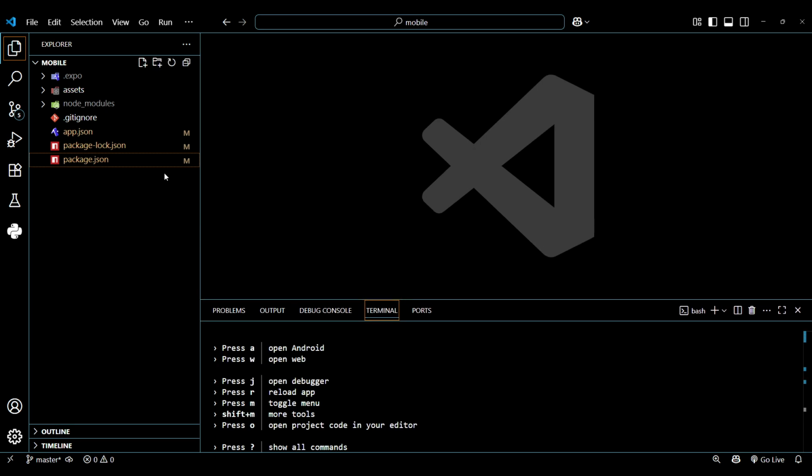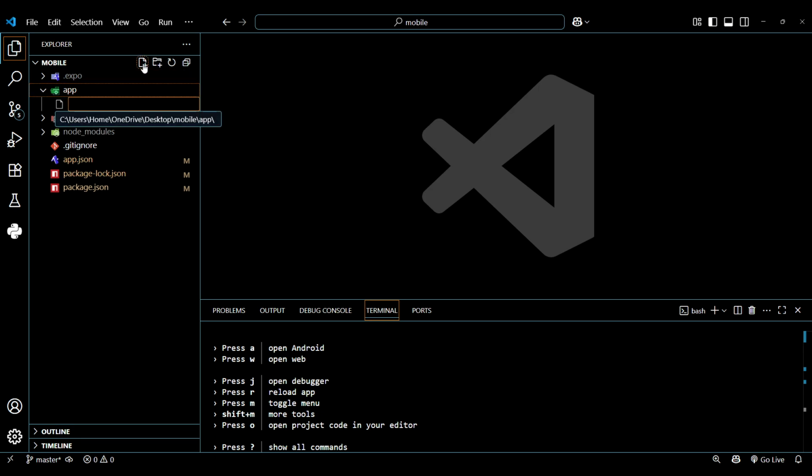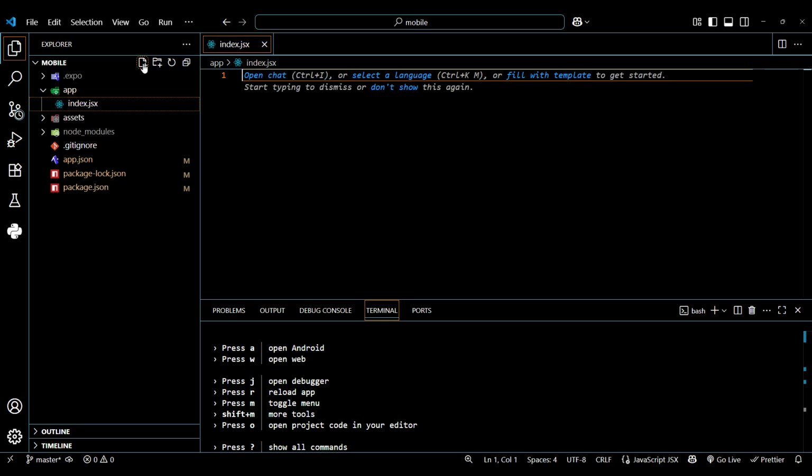Now, quickly, we'll have to do something on the root folder. Click just out here on the root folder and then create a folder called app, like that. And then inside this folder, I want you to create a file and name it index.jsx. So we will be using JSX. And then now the importance of